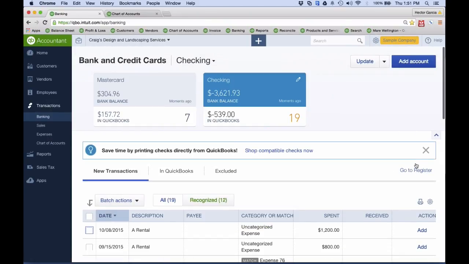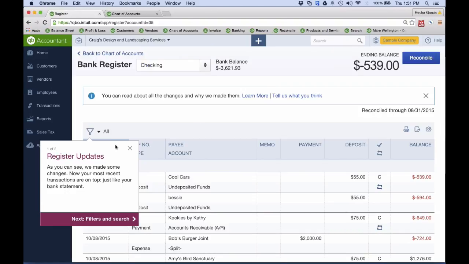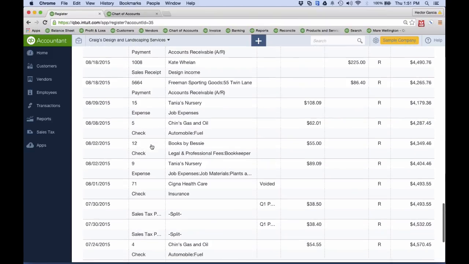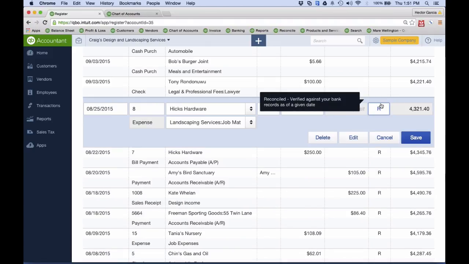Now, something else that can change the reconciliation numbers, and I'm going to go into my check register and show you what happens if the user manually unclears something. So it is possible that people are playing with the register, and they click on this little R,